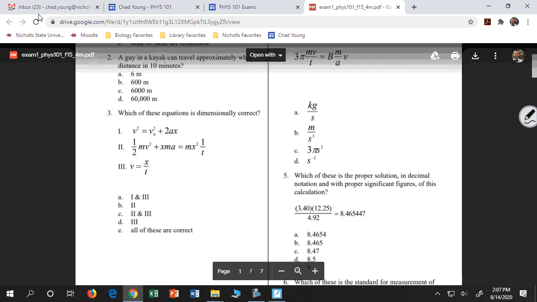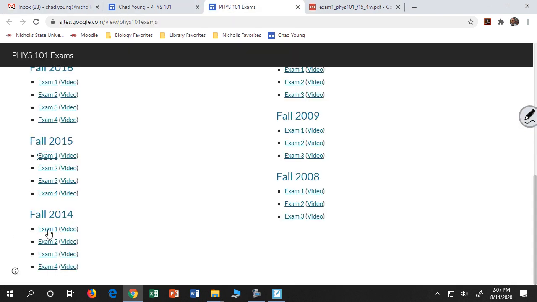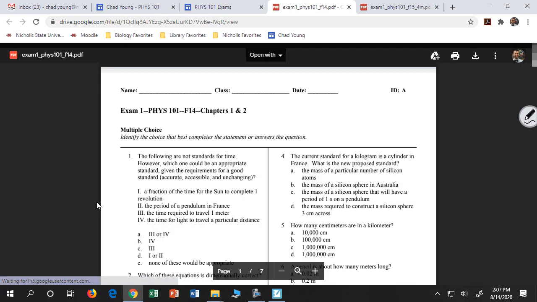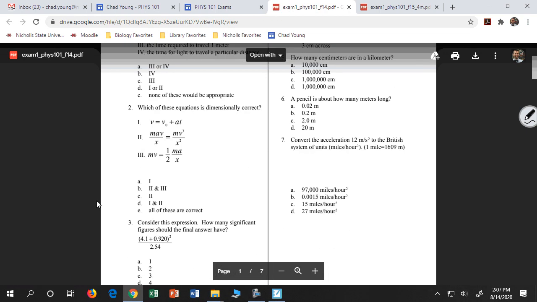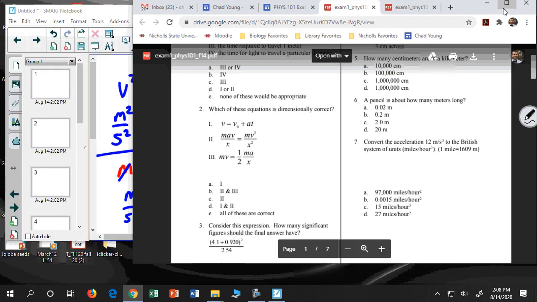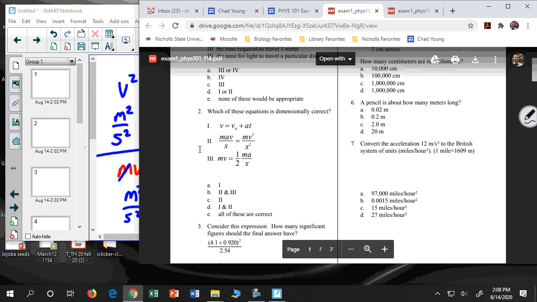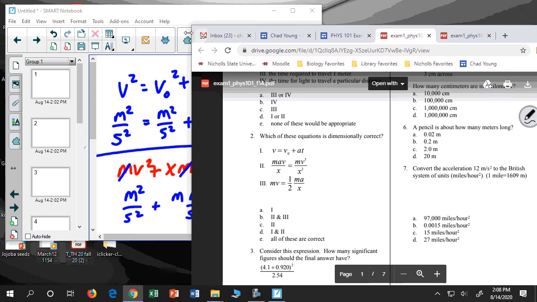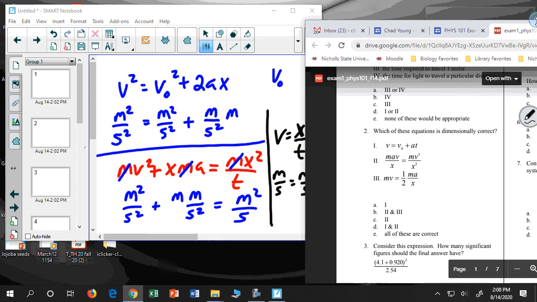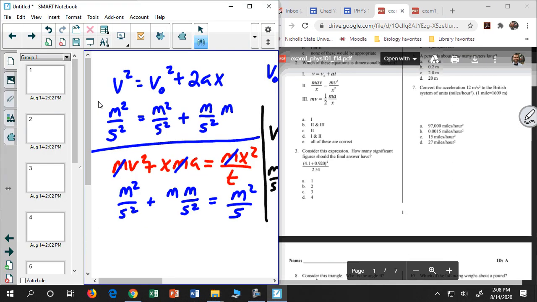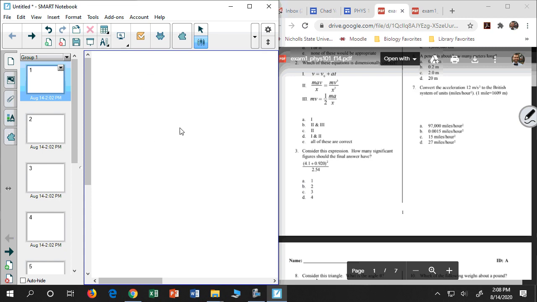I'm going to go back to the fall 14 exam and see if there's one where we have, yeah, let's try this one. I want to look particularly, this is fall 14, exam 1. I'm just going to look at this second one right here, the MAV over X. Whenever we have variables in the denominator, it just gets a little more complicated. And so I'm going to do that one. It's going to be MAV over X